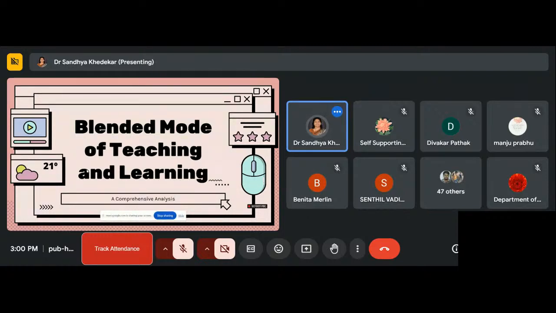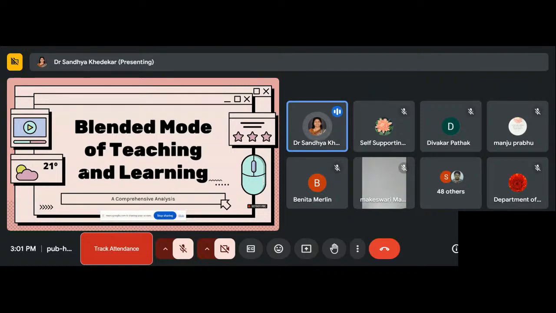And as we have seen in the last 2 days, the first day we discussed various aspects of artificial intelligence and how artificial intelligence tools can be used in teaching and learning. Yesterday we discussed different pedagogies, and how various pedagogies can be incorporated in the classroom situation with the help of artificial intelligence, even augmented reality, virtual reality with IoT devices and other technology.